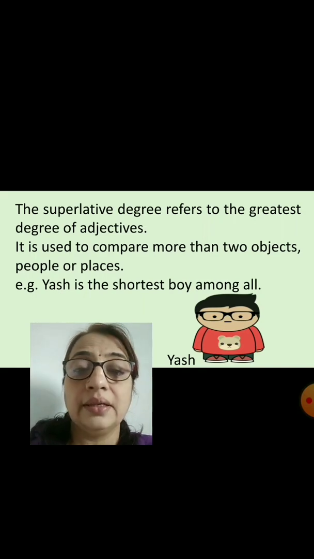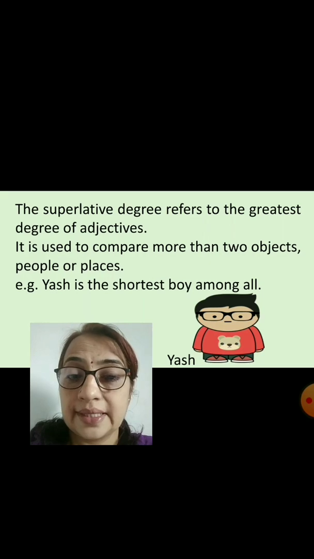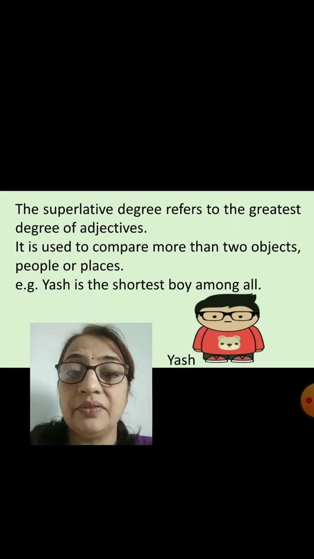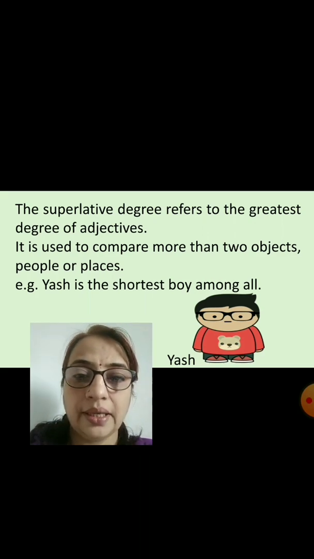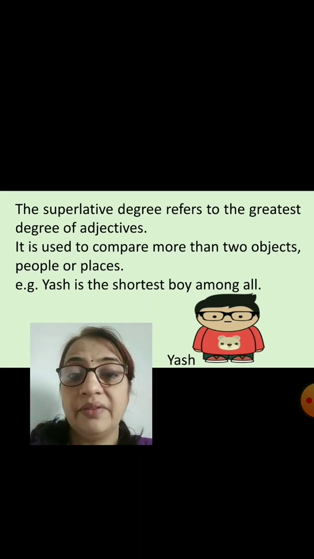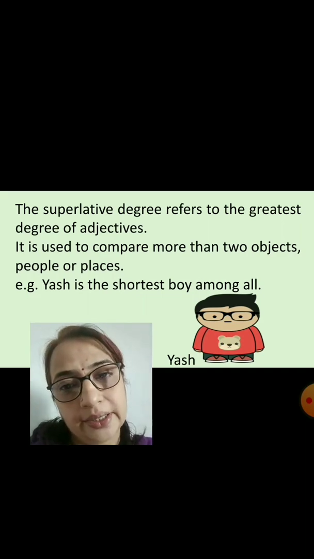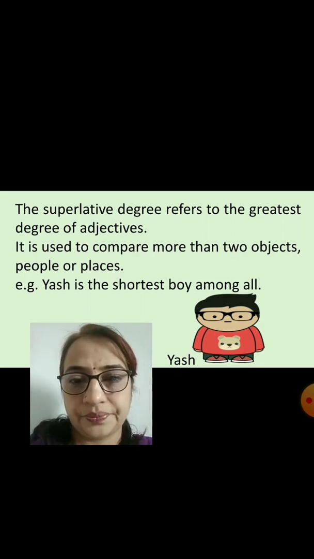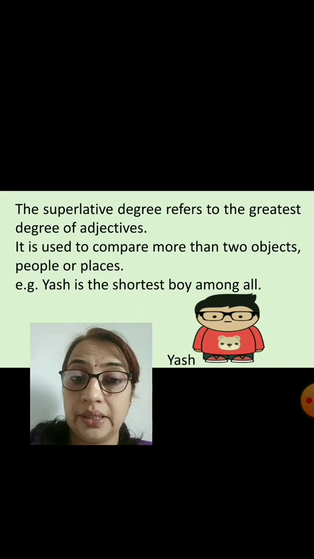Observe the changes in the words also which we have done, what we have added. And at the same time, you have to remember in which degree of comparison that word is used. What difference we have made? We have added ER and EST to the word short to make it comparative and superlative degree. Right? Now, you must be thinking that how we can denote the superlative or positive degree or comparative degree.